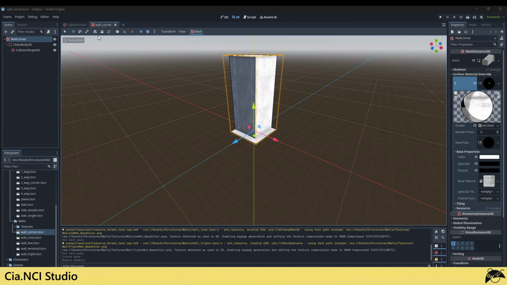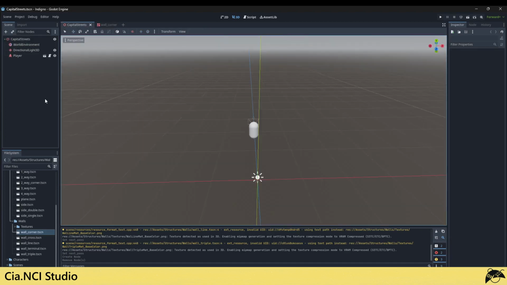In this project, I already have a main scene and a player, and the scripts and inputs are set. I also have imported the base mesh for the main level. It includes streets and walls. In the future, I will also add the buildings.